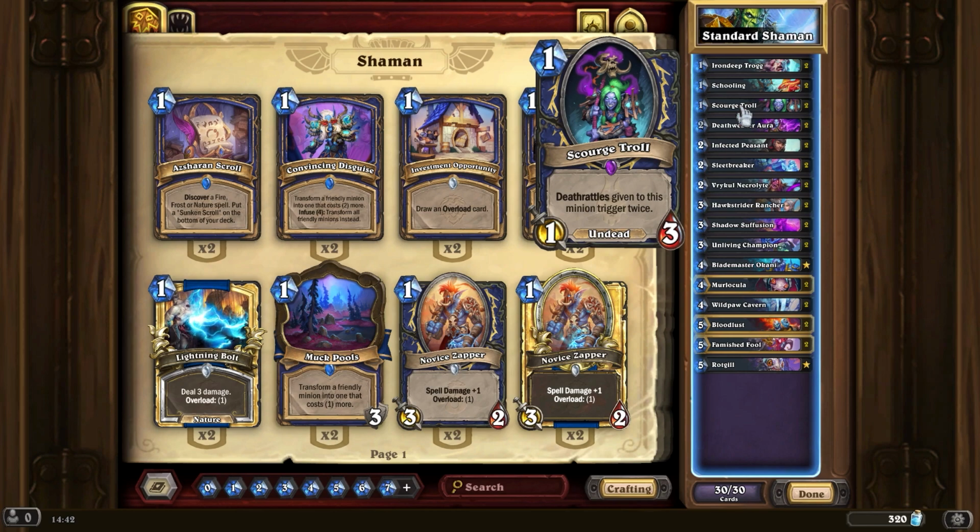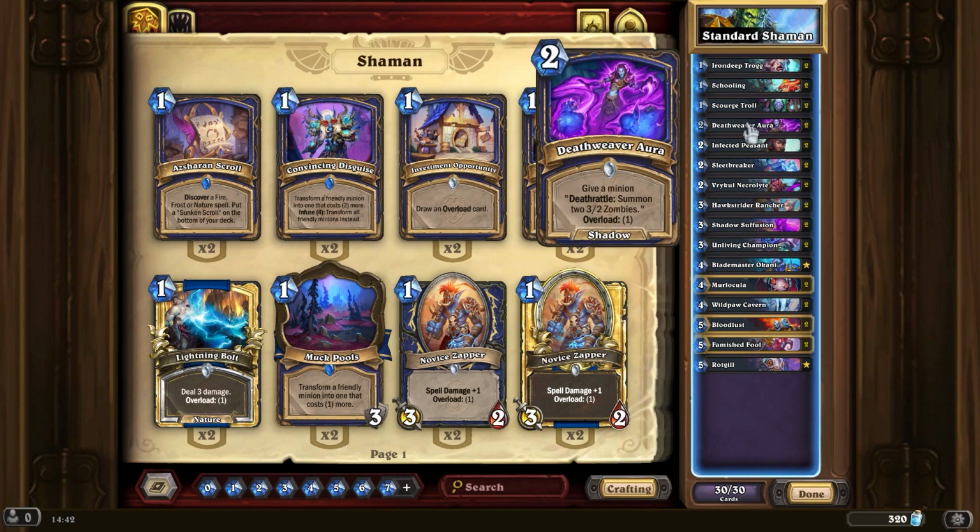You always have to keep in mind some of the text stuff, but this is about as good as a text you can get for a minion. Death Rattle is given, so it doesn't matter how they're given it. It's just going to increase it. So obviously you get 4 out of it if you put that on there as well. So that's a way to